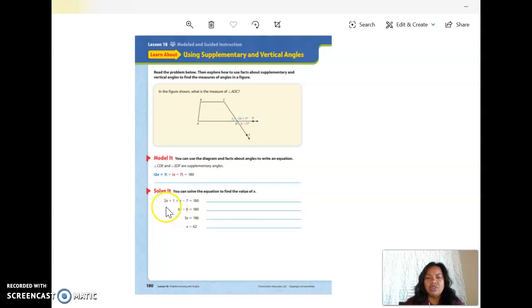What did they do? Notice that there's only one variable term and one number term now, so they combined the like terms here. 2x plus 1x gives us 3x. Now for the number terms, you have 1